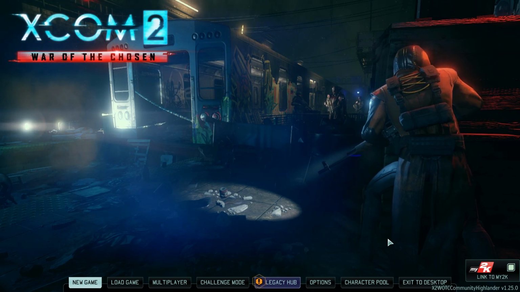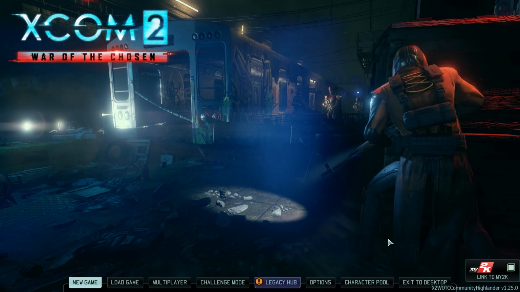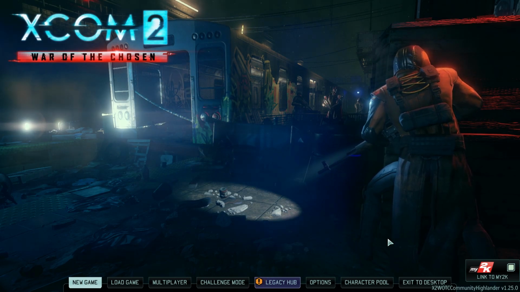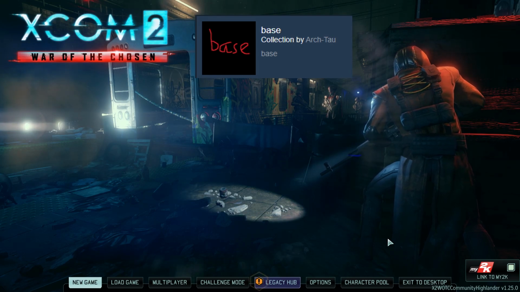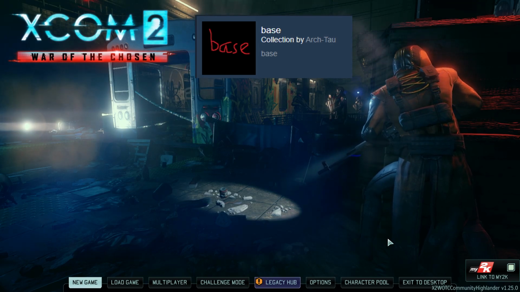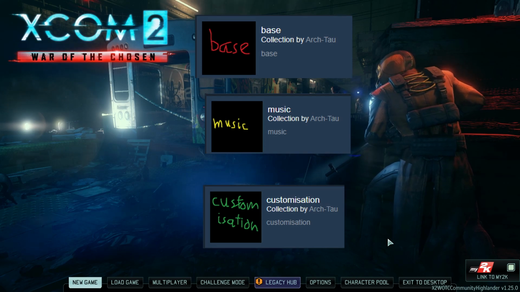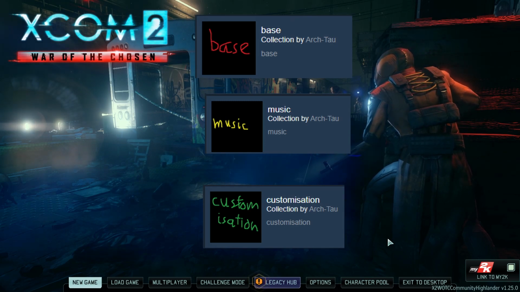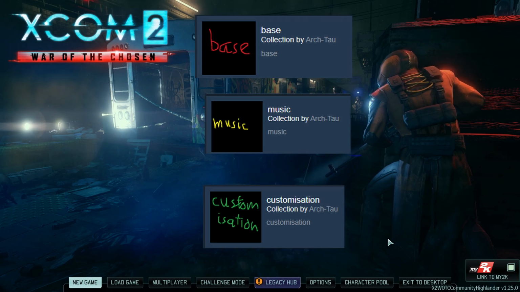Now, speaking of mods, I will be using mods for this guide. I've put up 4 different collections in the description on Steam. The first one is base, and those are small mods, small quality of life fixes, improvements, bug fixes, this kind of stuff that doesn't really change the game much. The next 2 are music and customization, which I'm only really including so that if you see something in my game that you want to have, you know where to look. And these 3 collections will be enabled